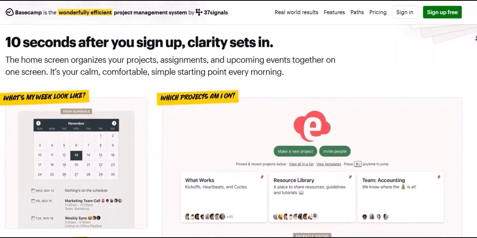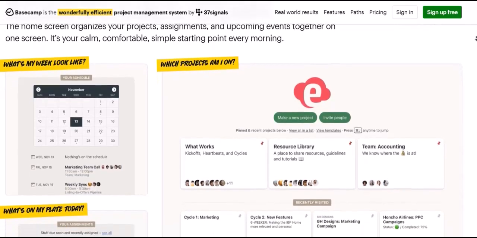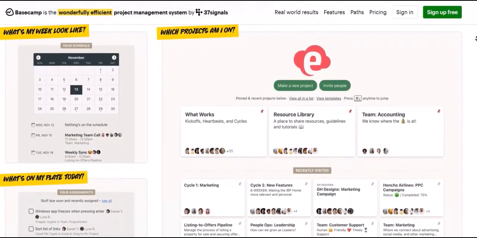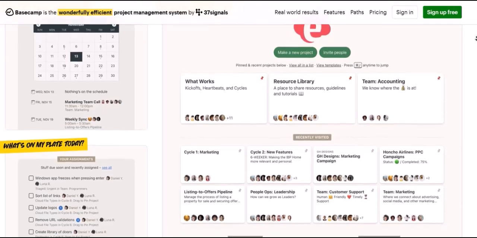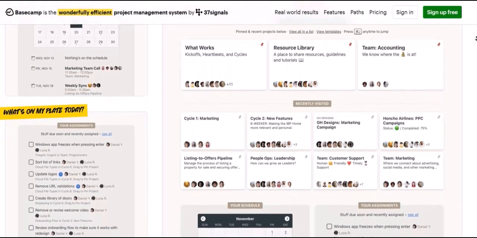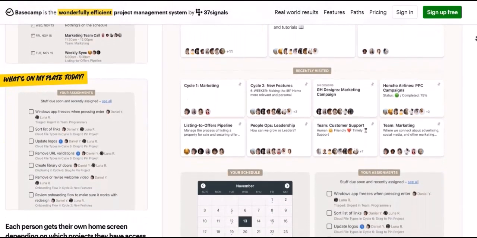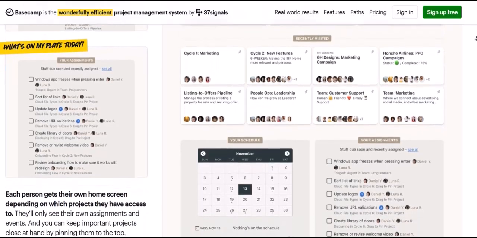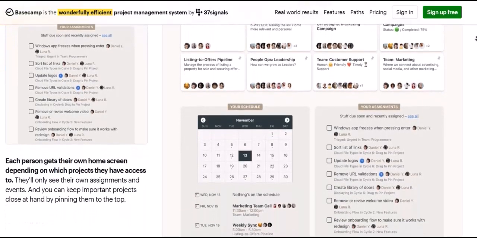Basecamp, renowned for its user-friendly interface and collaborative features, serves as a central hub for teams to organize tasks, share files, and communicate effectively. However, when it comes to directly merging entire pre-existing projects in the traditional sense, combining them